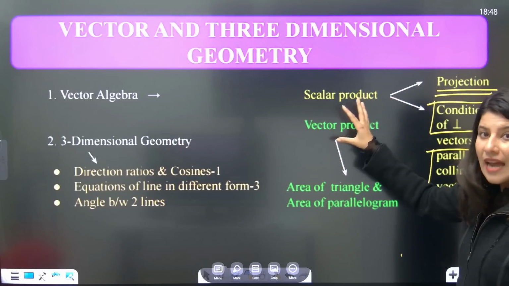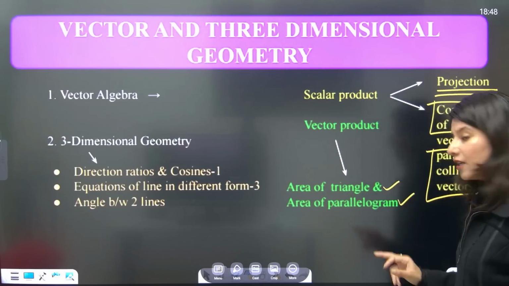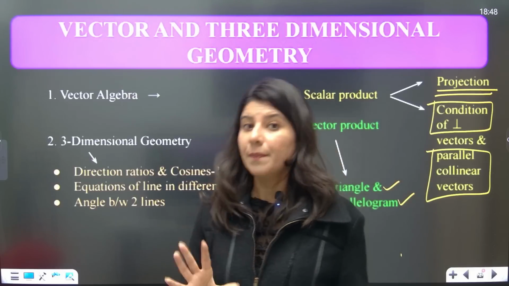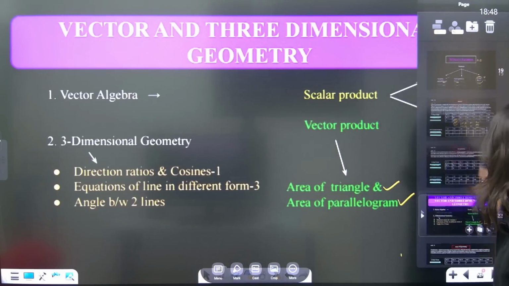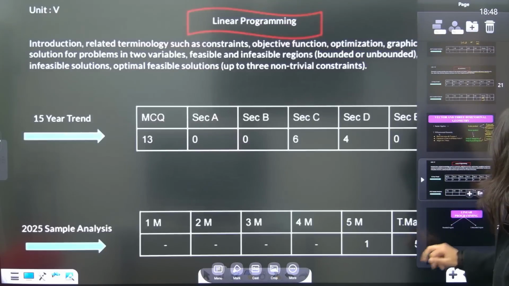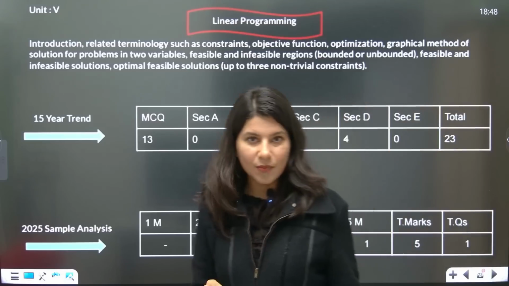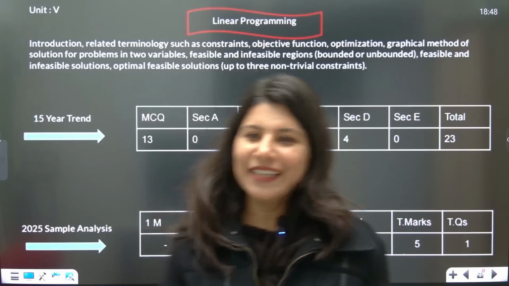And apart from that, in vectors, the area of a triangle and a parallelogram is also important. Make sure you are doing that. Along with that, now we have the last two chapters, which are linear programming and probability. From linear programming,